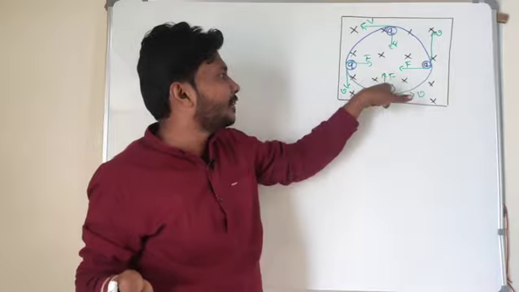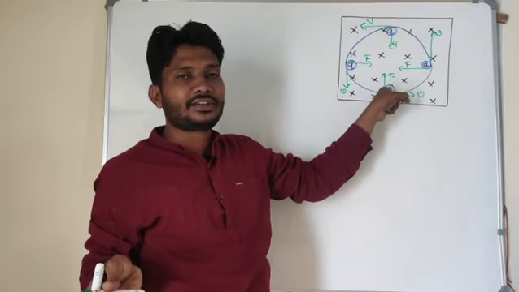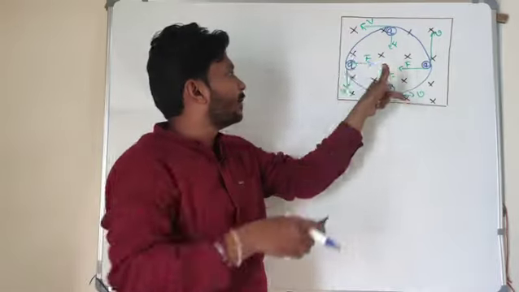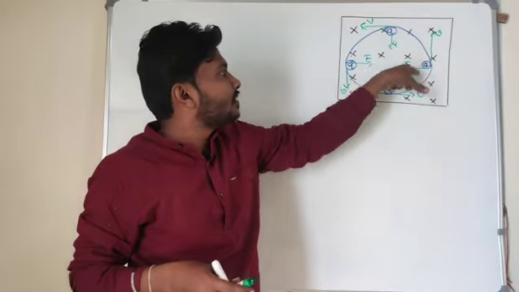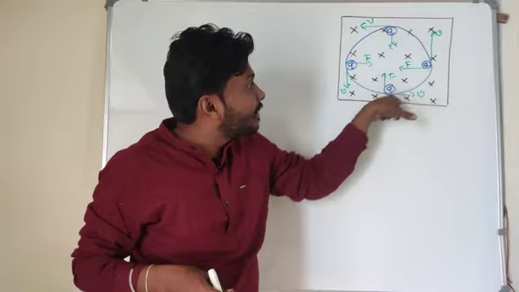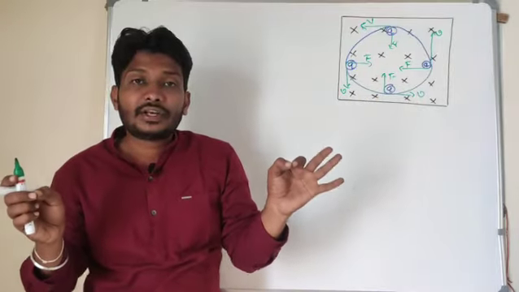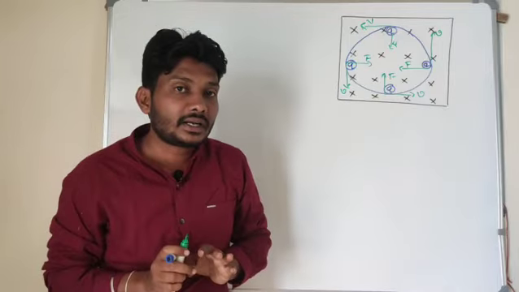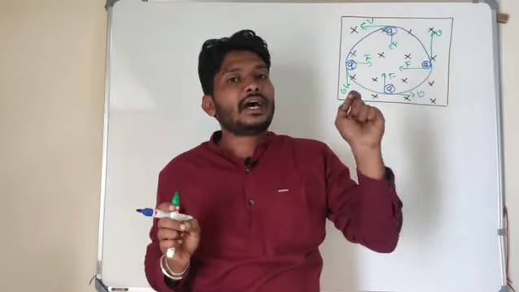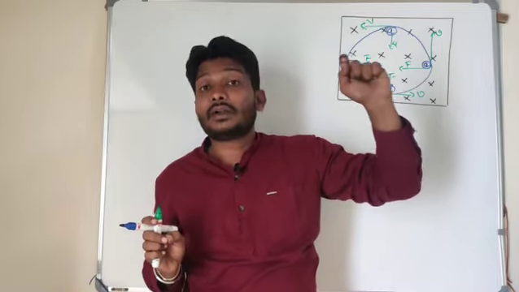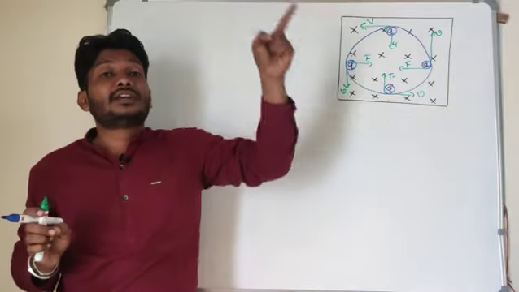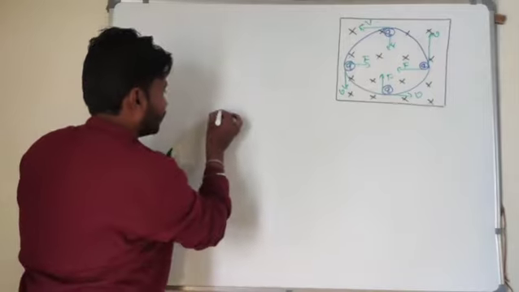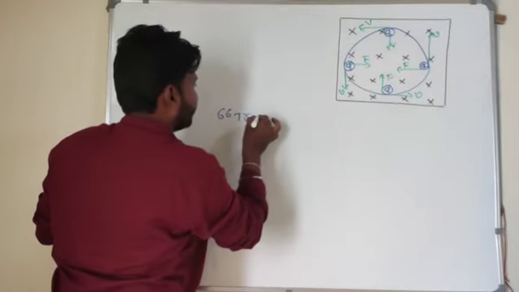This is the direction of the magnetic field. This is the direction of velocity of the charged particle. Force is upward direction. In all cases, force is acting towards the center. It means, what will be the trajectory of the charged particle when the charged particle is perpendicular to the magnetic field? What is our answer? Charged particle is moving perpendicular to the magnetic field. Then the trajectory of the charged particle is a circular motion.